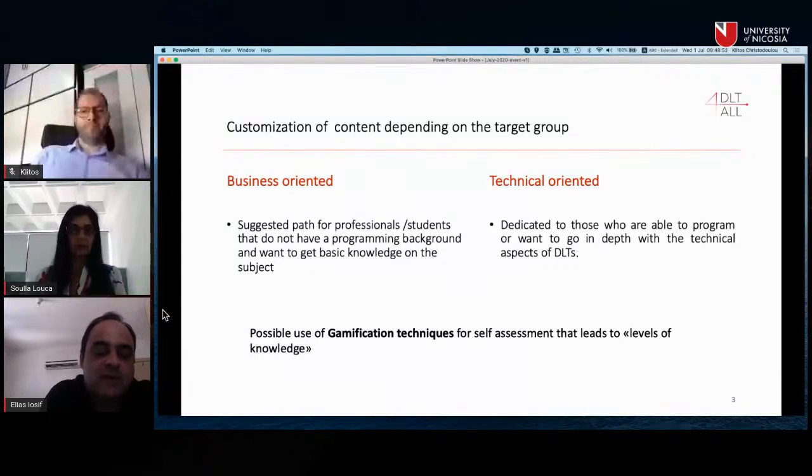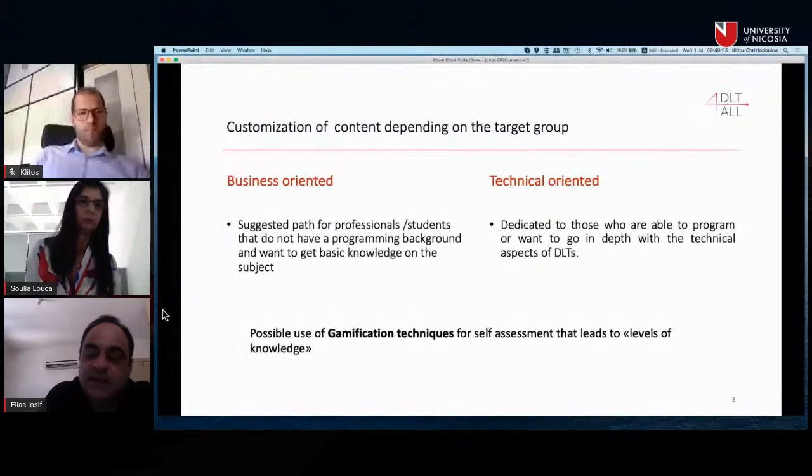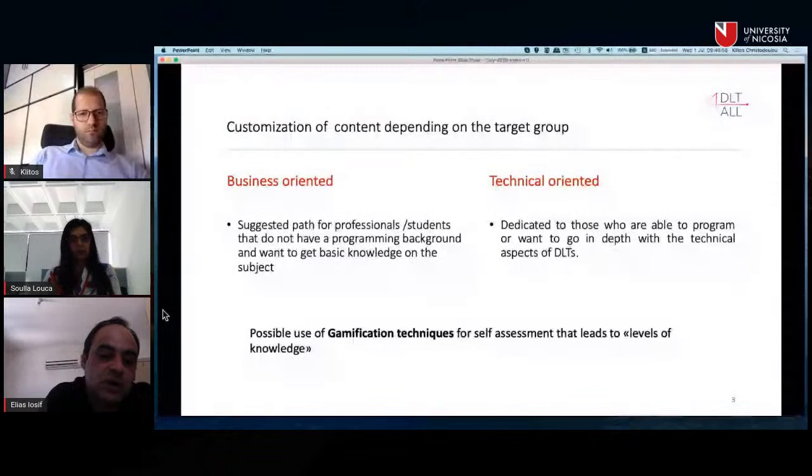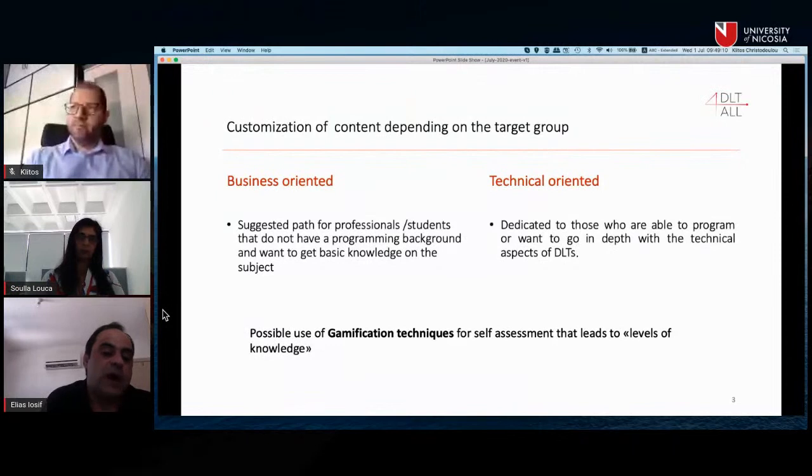So we are going to have appropriately formatted material for business-oriented groups, as well as for technical-oriented groups. Just to give you a very quick, brief example of how things can work. For example, regarding the business-oriented group, we can focus on use cases. For the same content regarding the technical-oriented part of the course, we may go into technical details about how those